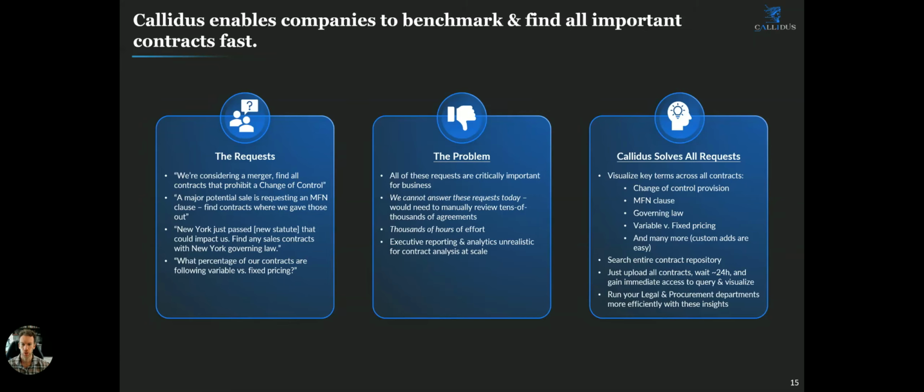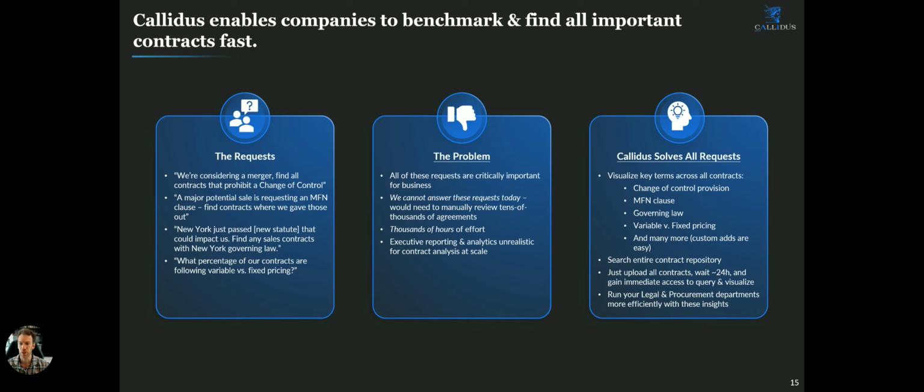In this video, we're going to review the enterprise scaled contract analysis feature. Let's start with the problem we're trying to solve. In a larger corporation, it's common for you to be asked to find all contracts where X is the case. So for instance, it might be all contracts that prohibit a change of control, or all contracts with an MFN